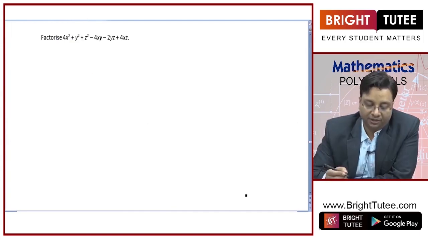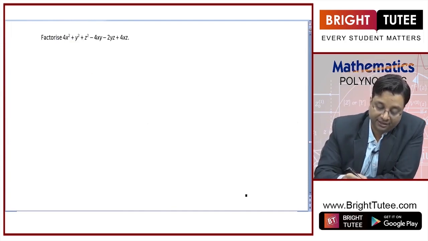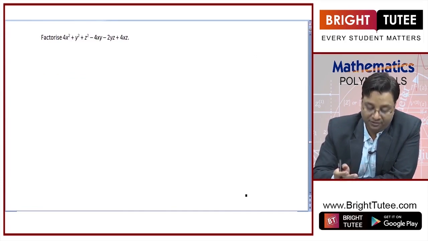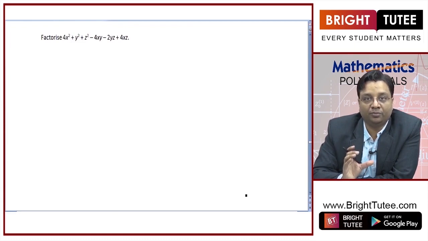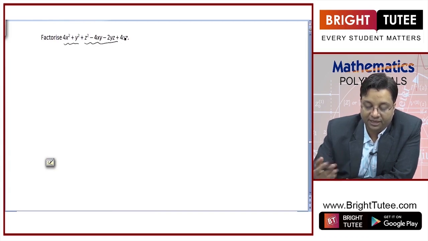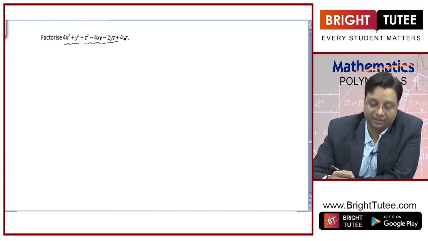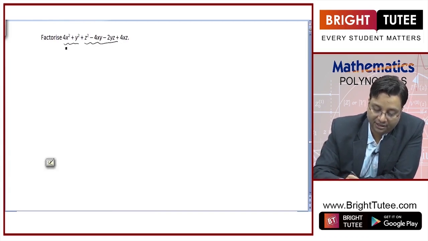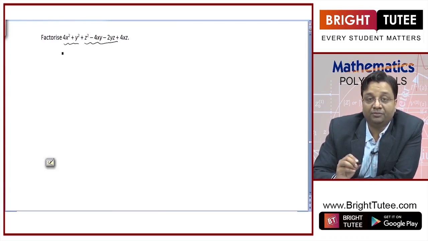Okay. Now in this question I need to factorize it. That means the expanded form is given and I need to write it in compact form. So let me look at this identity. This gives me a hint that this identity is something of (a + b + c) whole square type, right. A, b and c values have to be seen.